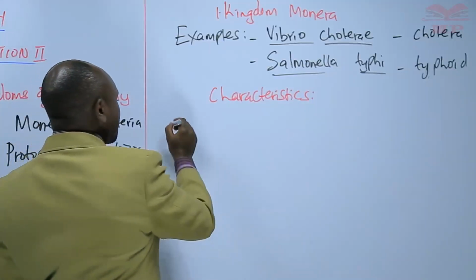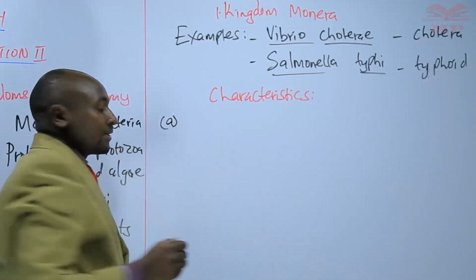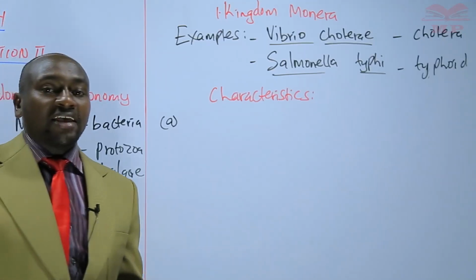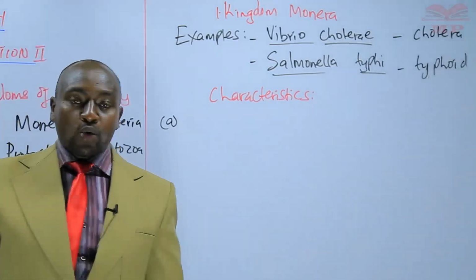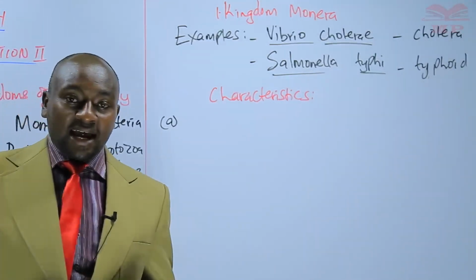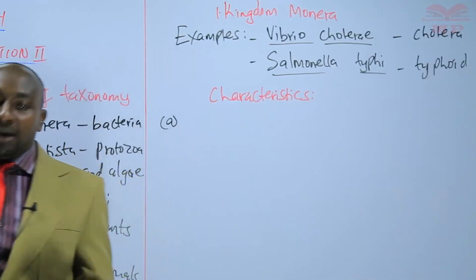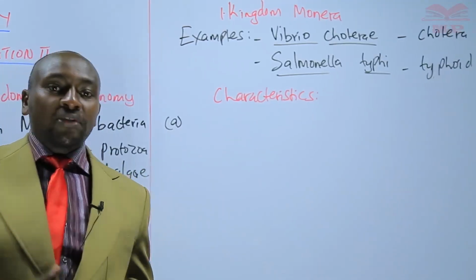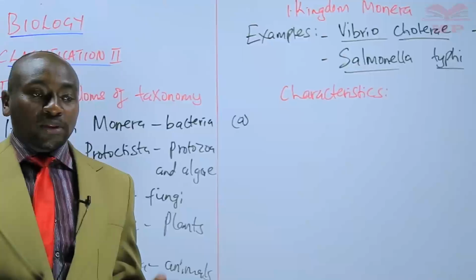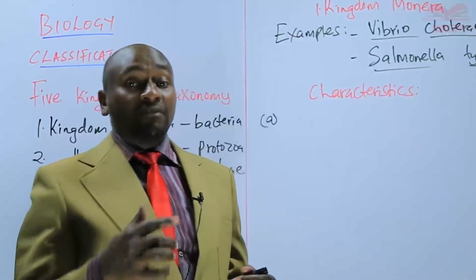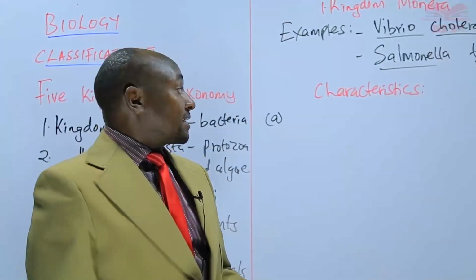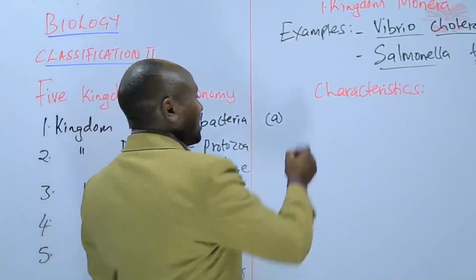And the first characteristic: bacteria are very small organisms. We cannot see them with our naked eyes. They are microscopic. They can only be seen with the aid of a microscope. So that means they are very, very tiny. So one of the characteristics, we say that they are